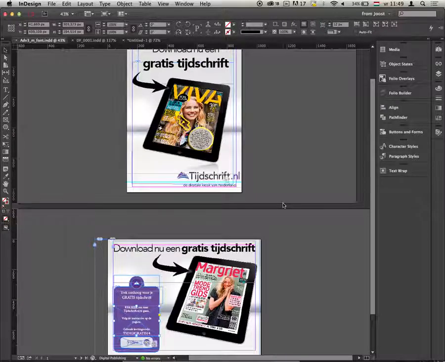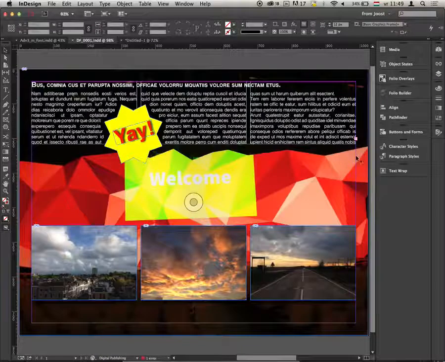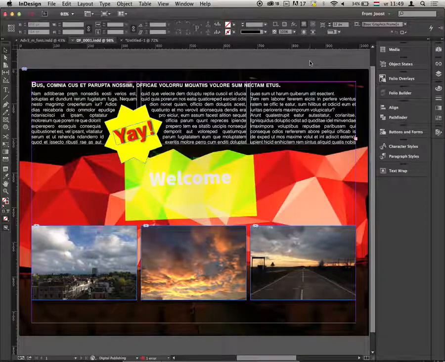We'll give it a try a bit later, but I also have some other stuff prepared for you, because, as I said, digital publishing itself and adding interactivity through InDesign using the overlay tools is just one of the ways that we can create digital content with InDesign. The other way is pretty new, so new in fact that even I was only experimenting with this last week, and I thought it would be nice to show you guys,